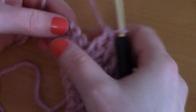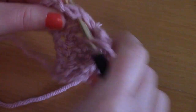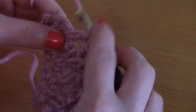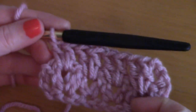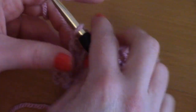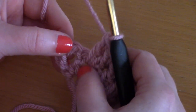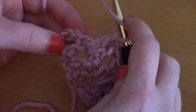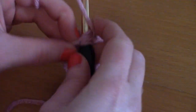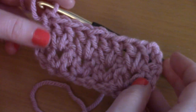Like so. And you're going to go into the next V-stitch and place another V-stitch on top of that, like so. And you should obviously have a much longer second row, but we've almost finished this row. We've still got one last stitch, so that was the last V-stitch here, and now we've got the chain 3 from the previous row into which we are going to be placing a double crochet. So just go ahead and place a double crochet into that,